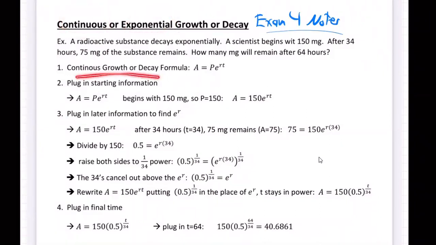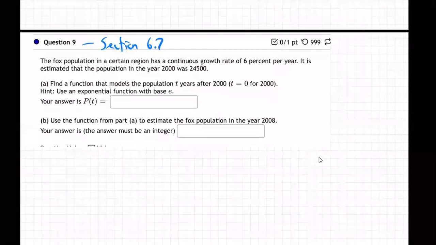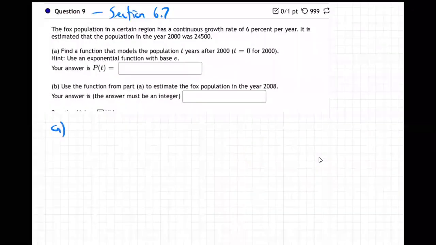Well, the continuous growth or decay formula is this right here. And R is the rate of growth. So we use the PERT formula, just like we did for continuously compounded interest for money. It's the same thing for biological continuous or exponential growth. You use the PERT formula. Okay. So let me write that. So for part A